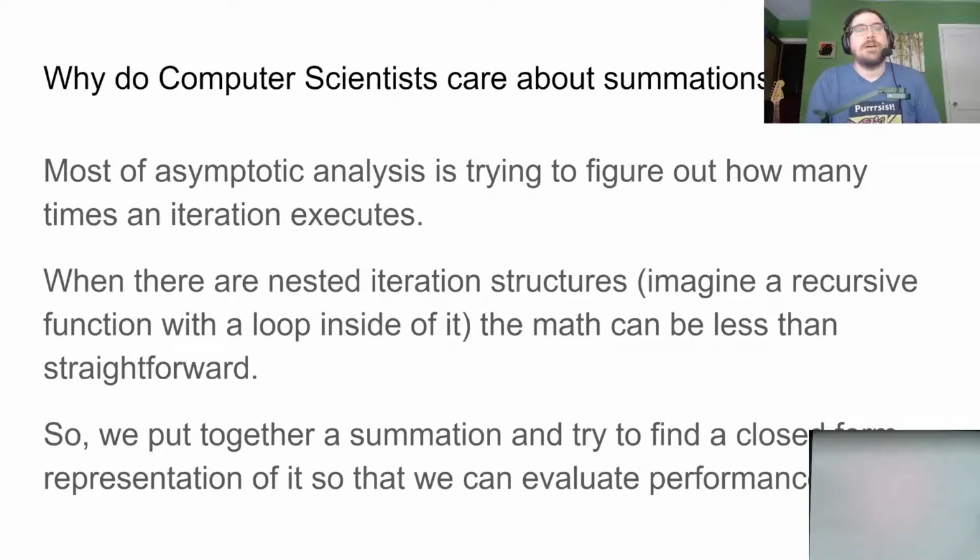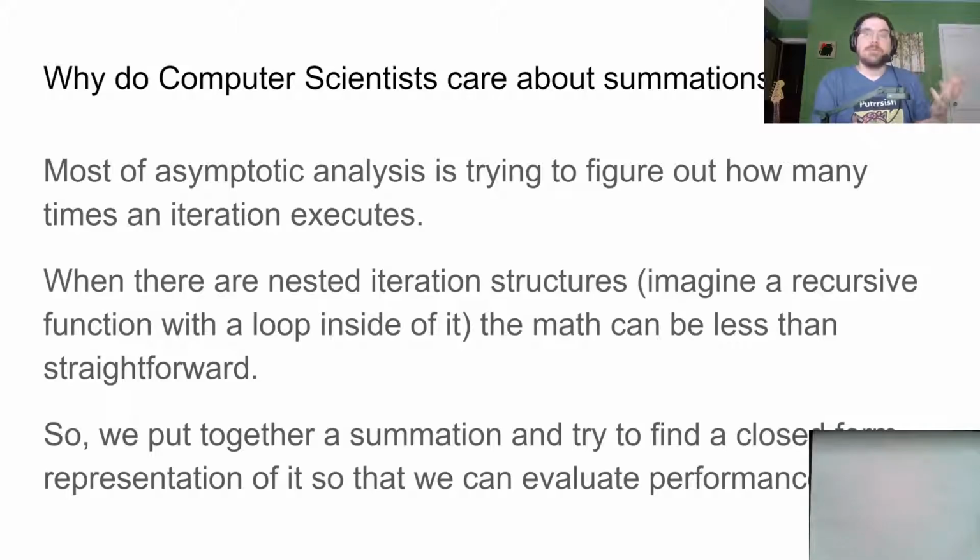The reason we talk about summations is because when we're doing asymptotic analysis to determine how efficient our software is, we're looking at loops, right? When we had that asymptotic analysis lecture, we're looking for loops and nested loops and things like that. And so loops and iteration in general, so for loops, while loops, and recursion, those are the big ones. For loops, while loops, and recursion are going to be more or less how we determine the efficiency of our software. And so mathematically, the tools that you use to model that iteration, the for loops, while loops, and recursion,